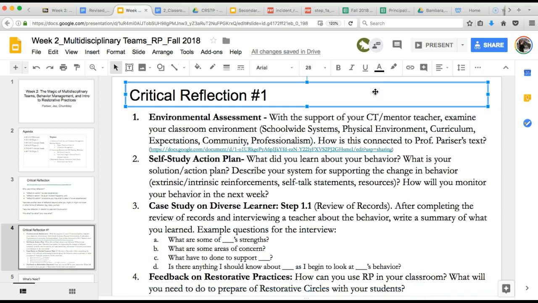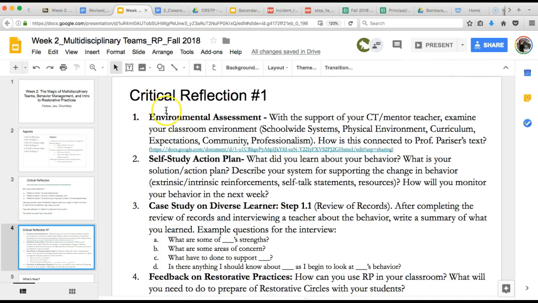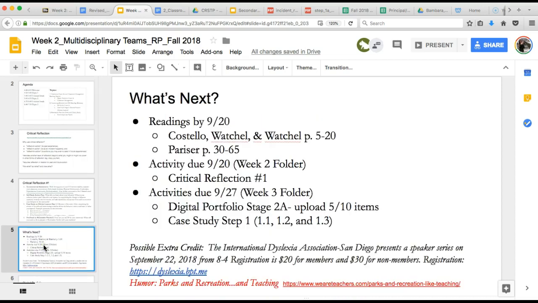Okay. And then the last one is on the restorative practices. So how can you use RP in your classroom? What do you need to do to prepare for restorative circles with your students? And remember, you use the textbook, the readings as well to answer these questions. So, the Pariser reading, I think it's page 1 through 65. And then for the restorative practices, it's the first 2 chapters. I'm not sure of the page numbers. Here are the page numbers, 5 through 20. So it's basically page 1 through 20 and 1 through 65 that will help you also answer your critical reflection